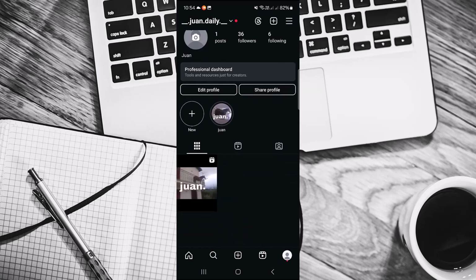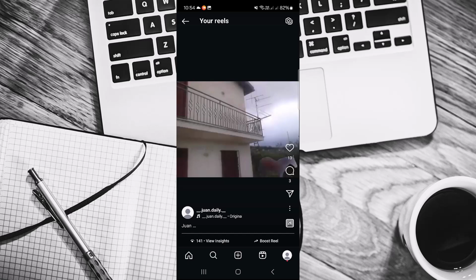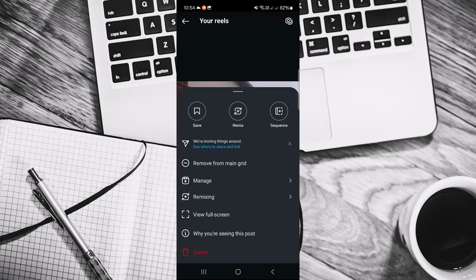And then here you will find your posts and reels. So just tap the middle icon here. Just head over to the reels that you have made, and if you want to delete it, what you can do is just to tap on the three dots on the lower right corner, and here if you want to remove it from the main grid, just tap on remove from main grid, and you can also delete it by